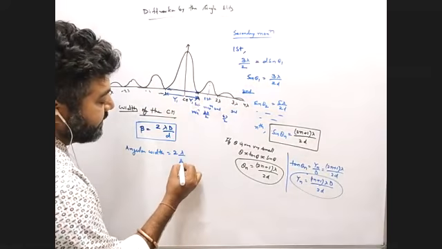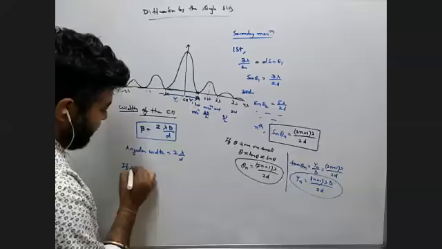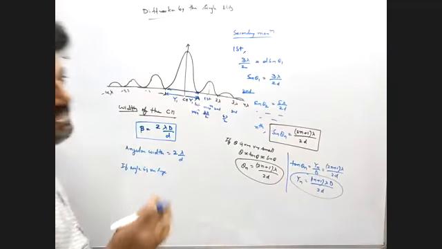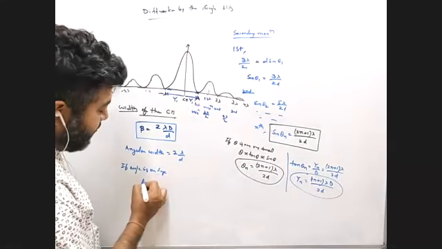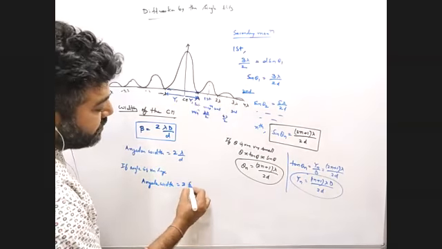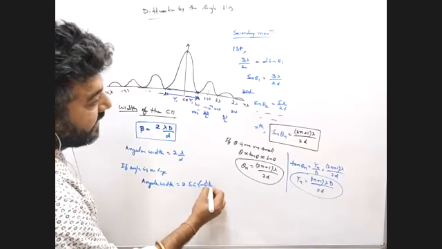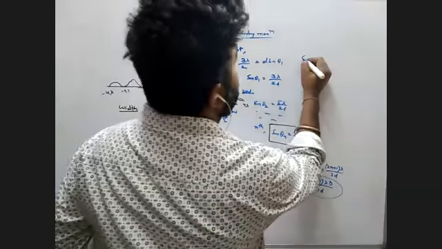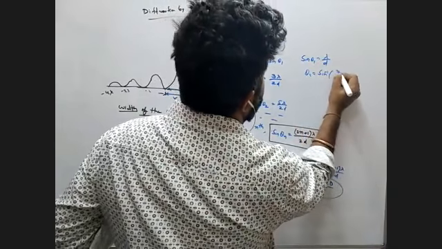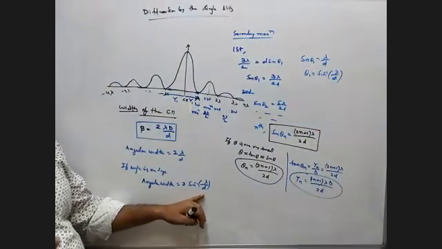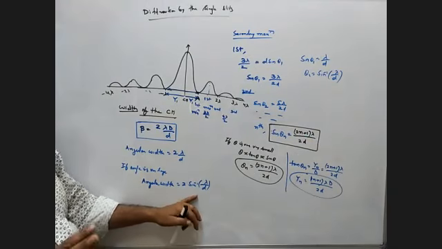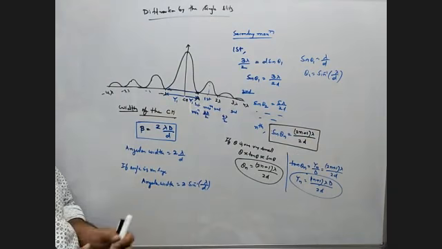So you have 2 lambda by d, and sometimes if the angle is very large, like 30 degree, 45 degree, then angular width is 2 sine inverse lambda by d. I think you understand because the formula is sine theta 1 equals lambda by d. So theta 1 is sine inverse lambda by d. Like 30 degree, 25 degree, 15 degree, these are the large angles. So if the angle is like that, you can use this one also. Clear?